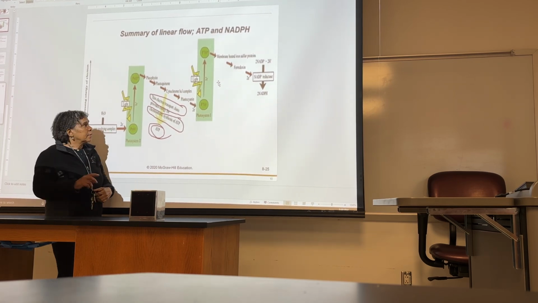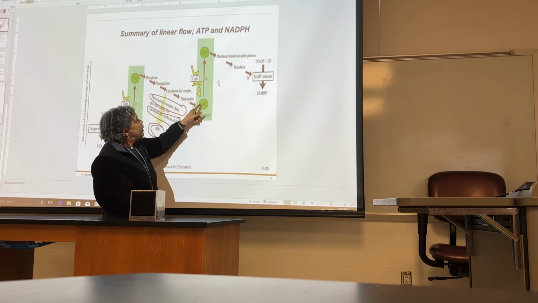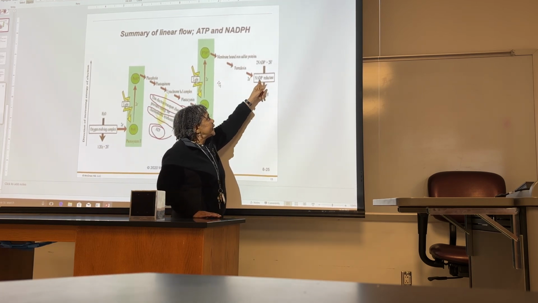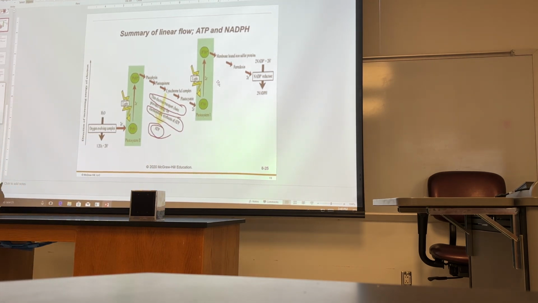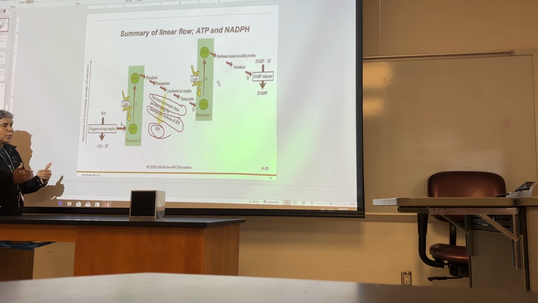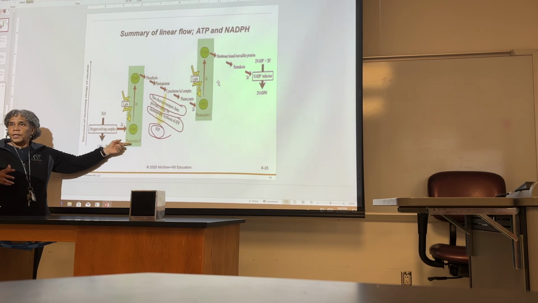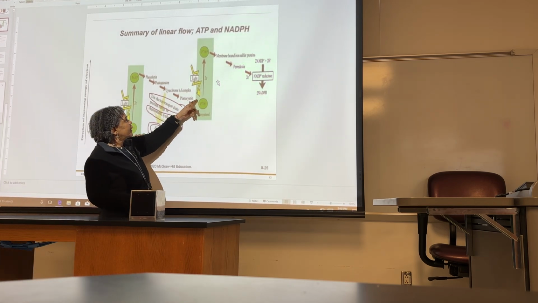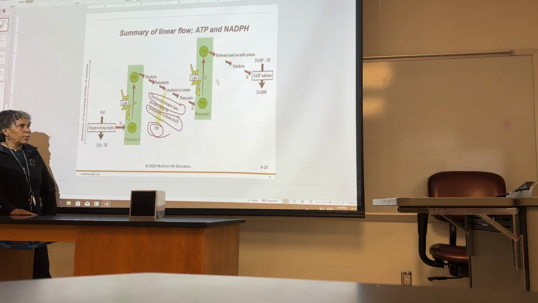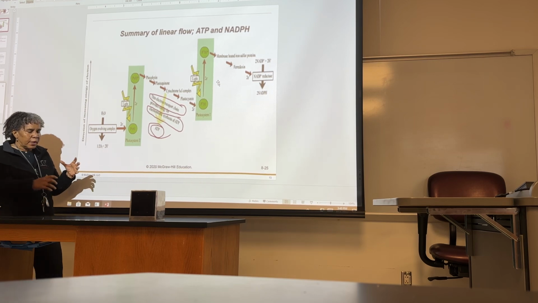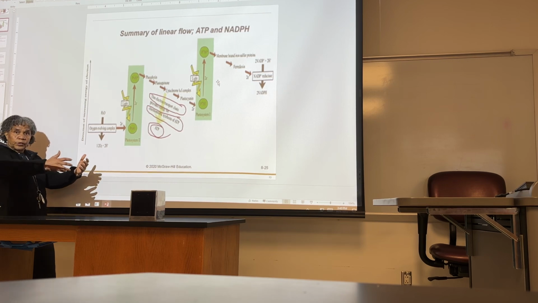Are you with me? And then it's going to transfer to photosystem number 2, and then there's going to be another electron transport, and NADPH is made. So it does happen sequentially, but at the same time, I don't want you to lose sight of when the light comes in. It's not just going to hit this photosystem right here. If it hits this photosystem right here, I'm not sure what will happen if it just hits this and not here. Do you see the point? So photosystem number 2 is part of this sequential transfer of energy. Think about it that way, because it is a sequential transfer of energy,